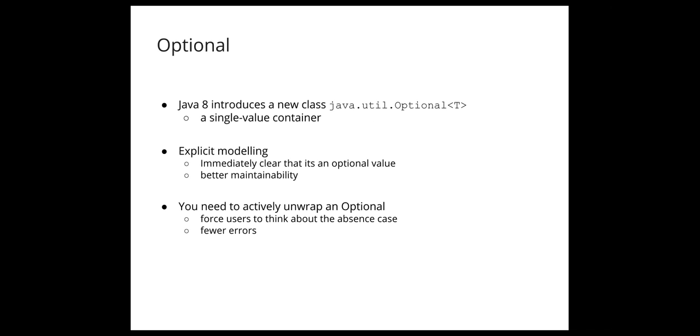Well, there's good news. There's a new data type that was introduced in Java 8, and this data type is also available in many programming languages, called Optional. What it is, it's really modeling a single value container. It's a container that may have a value or may not have a value. So it either contains one or it is empty.